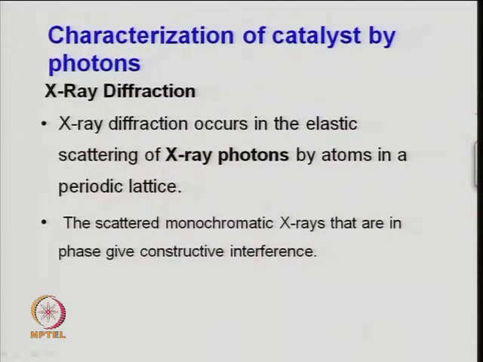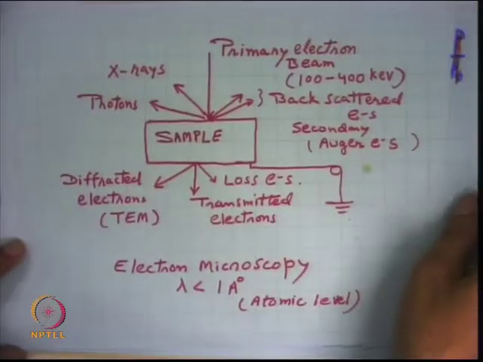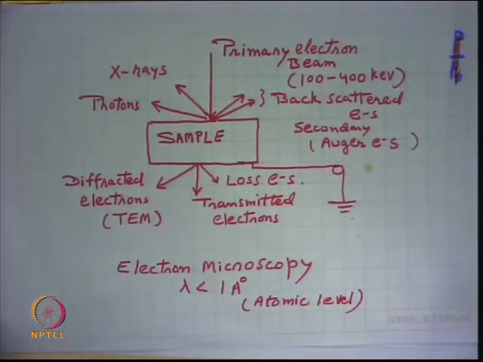Now, another technique we are talking about uses photons, or some energy source, which may be your primary beam, and then you look at the diffraction. Last time I was talking about the information you can get from different catalyst systems. I will take the slide a little later, but generally for a primary electron beam or X-rays, the principle is similar.